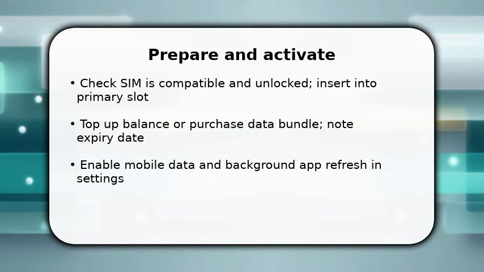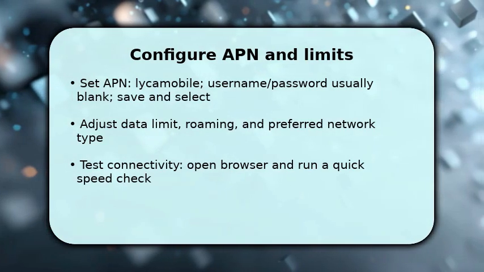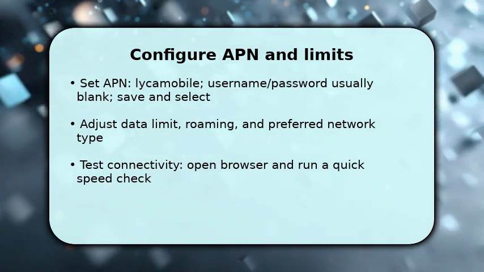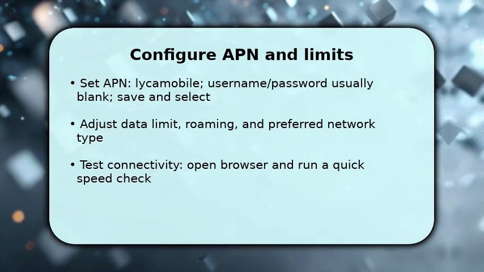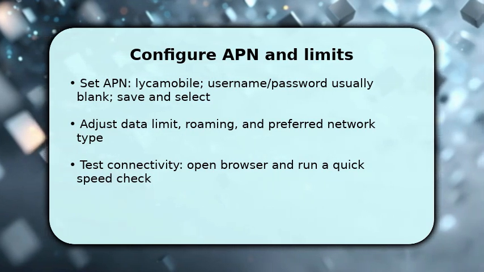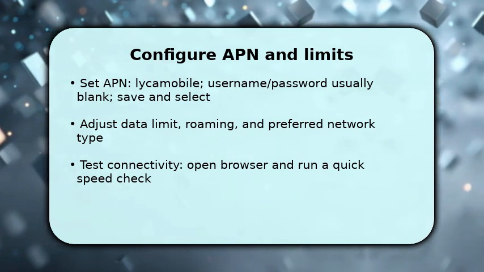You now configure the access point name, enter Lycamobile as the APN, leave username and password blank unless your plan specifies otherwise. Save and select that APN, then set preferred network to 4G or 5G depending on device. Once done, set a data limit or warning to avoid unexpected charges, and enable or disable data roaming based on